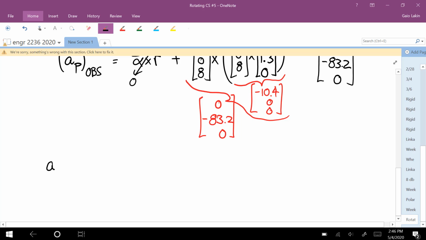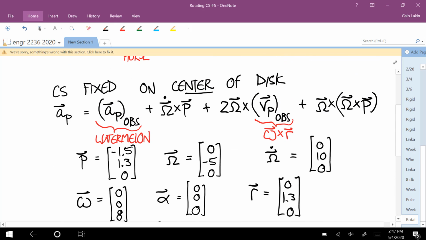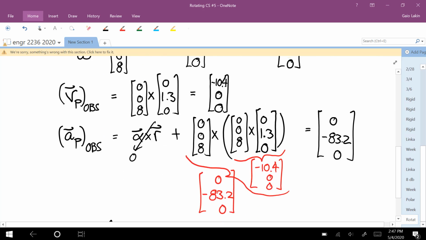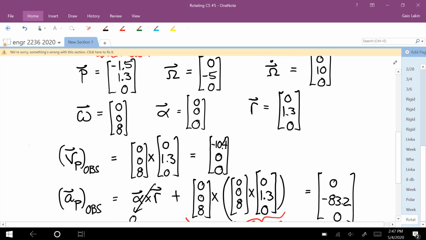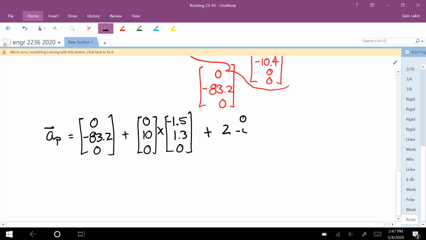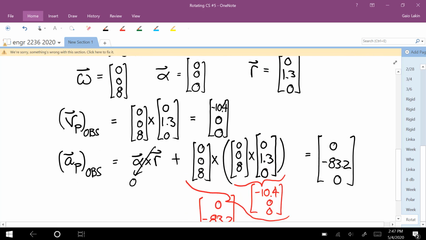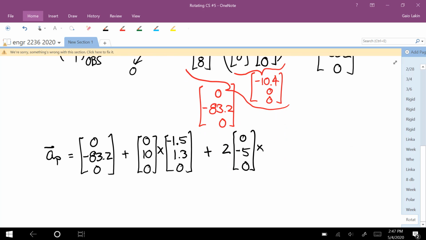So A sub p is equal to 0, negative 83.20, plus this second term, which is 0, 10, 0, crossed with the p vector, which was negative 1.5, positive 1.30, and then plus 2 times the angular velocity of the coordinate system, 0, negative 5, 0, crossed with the observed velocity vector, which is negative 10.400,